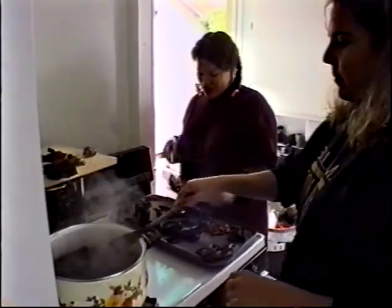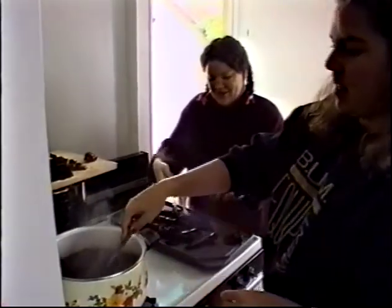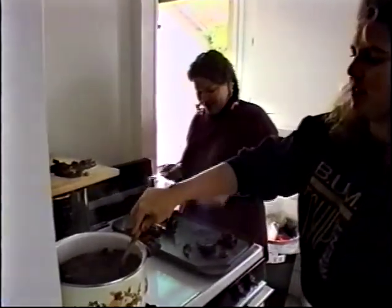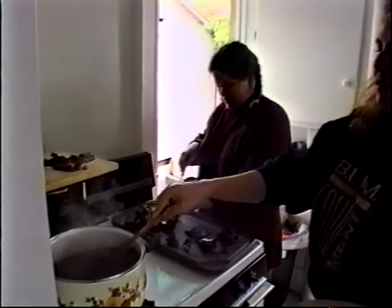We're now toasting the chilies. And they're very hot. They're giving off dangerous fumes for soaking. Hopefully the camera won't melt from the fumes of these very...